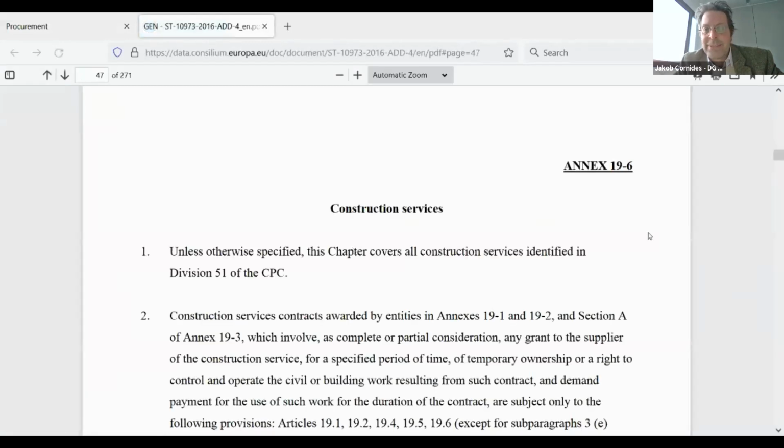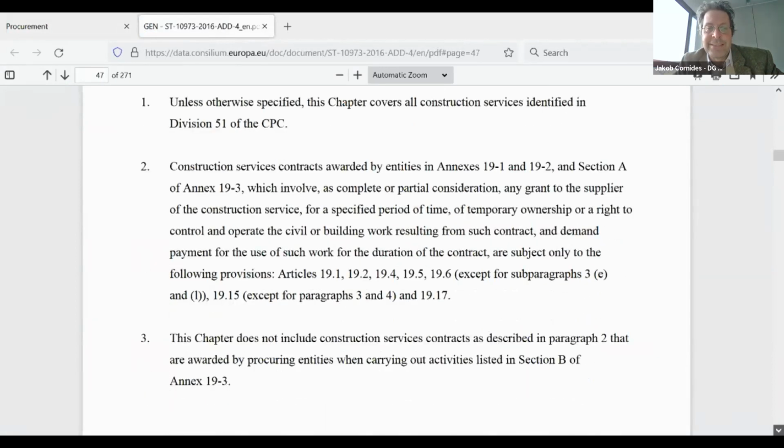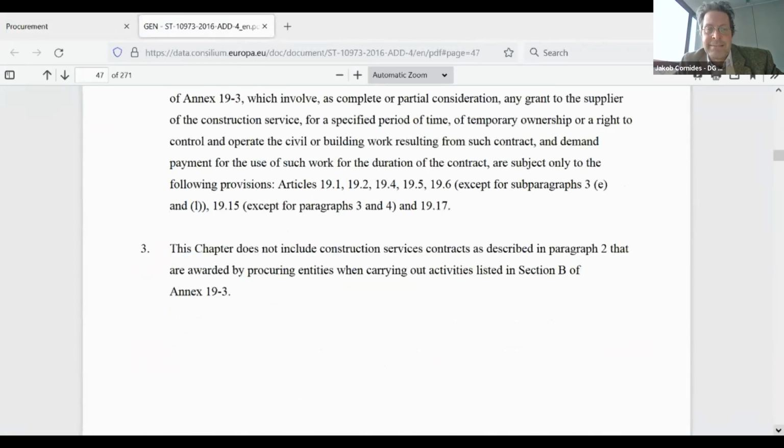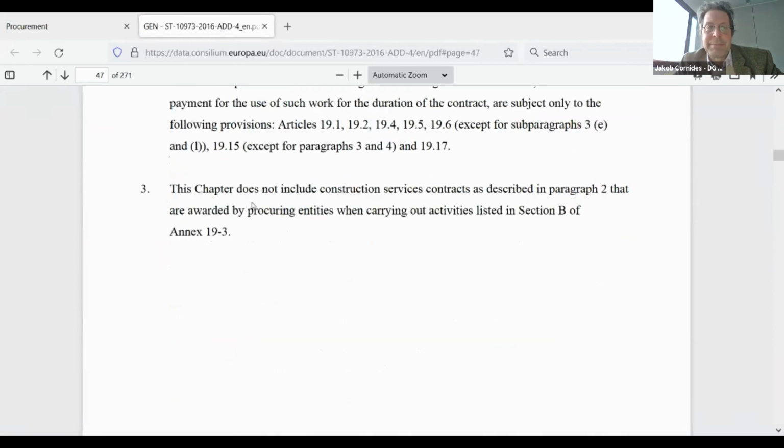And it was note 3 of Annex 19.6. So what does it say? It says this chapter does not include...